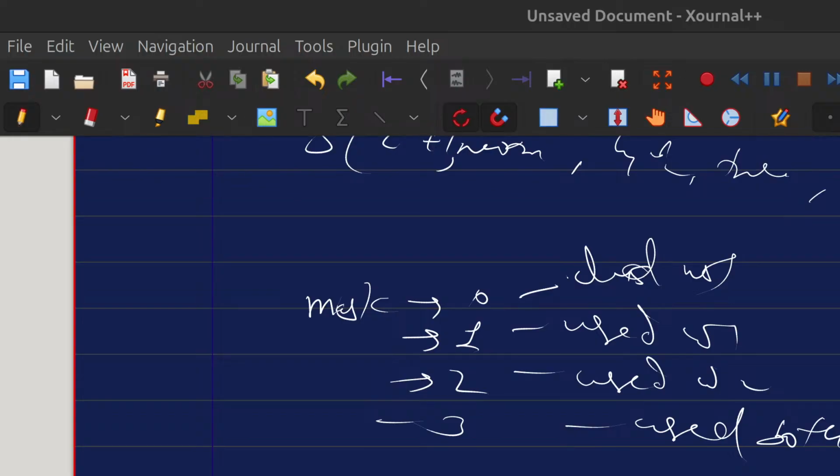1, 2, 3, 4 and 5. Okay. It's a little asymmetric, but you don't care, right? 0, 1, 2, 3, 4. 0, 1, 2, 3 and 4. Okay. Now